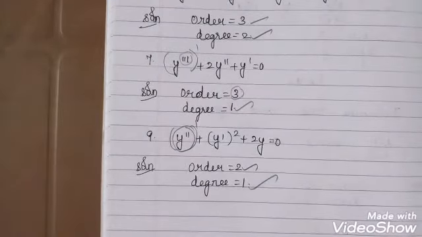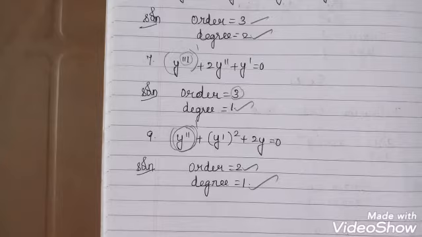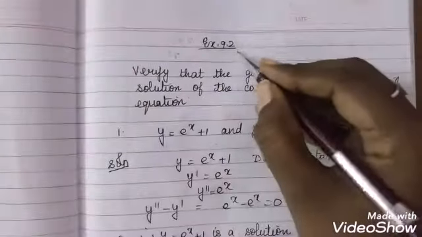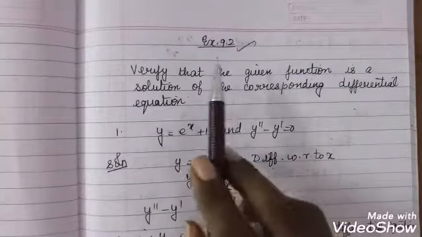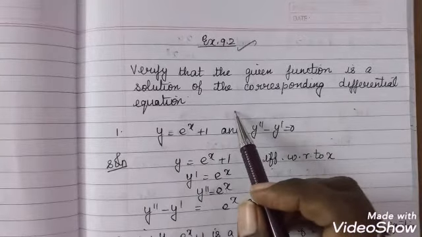So here in this exercise, as I told you earlier, it's nothing but finding the degree and the order of the differential equation. Such type of questions can be asked under 1 mark, under the MCQs or under fill-ups or anything. How do you find the order and the degree of a differential equation? Yes, now here we'll start with exercise 9.2. Exercise 9.2 is a very easy one, as we did under exercise 5.7.